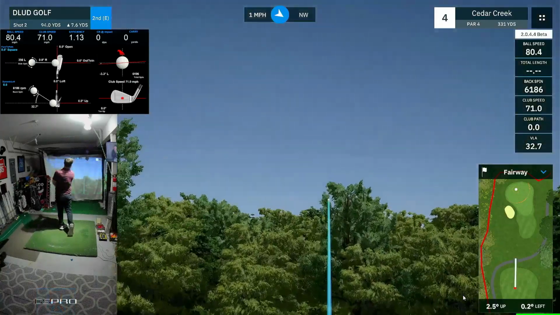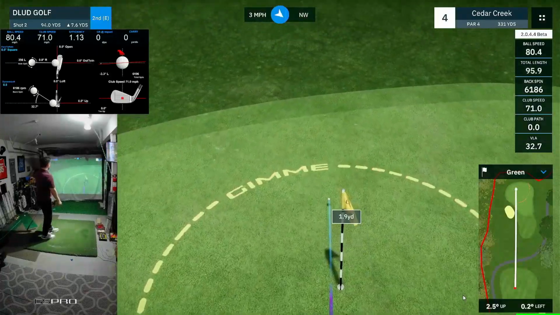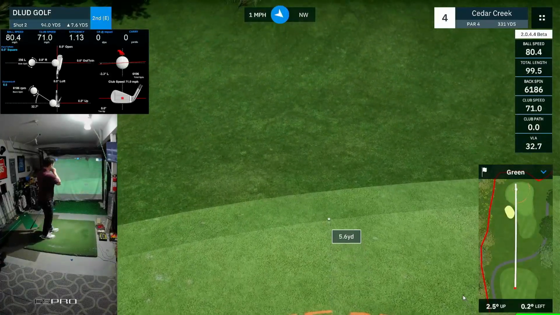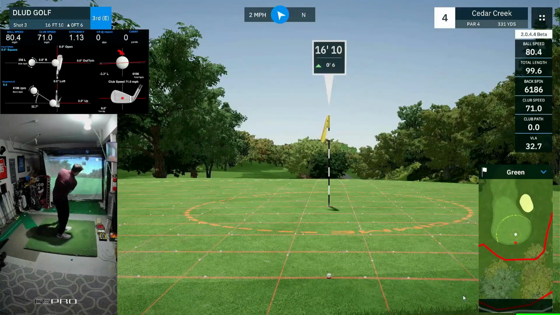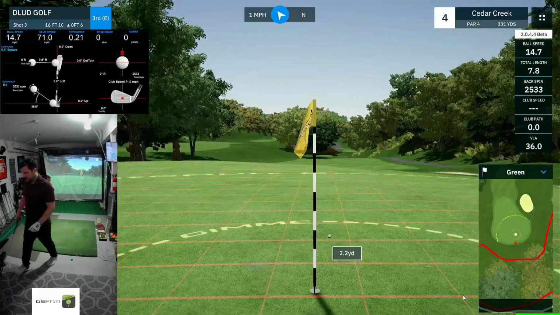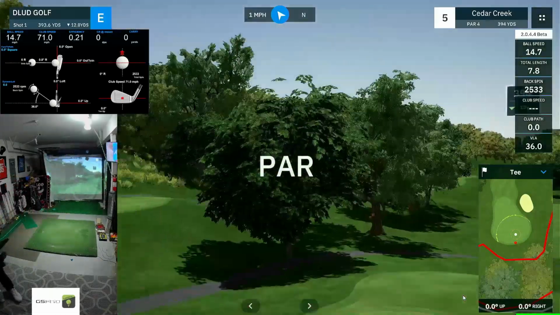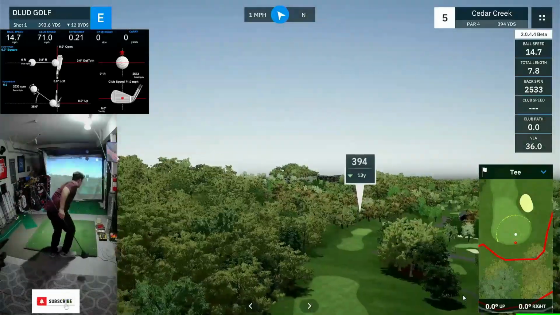Just trying to find the face. Oh, it almost slam dunks. I've yet to do that in GS Pro. Hit it directly in the hole from like 100 or more. It's not happened. A tough little short side chip ends up making it into the circle for a par, and the even score